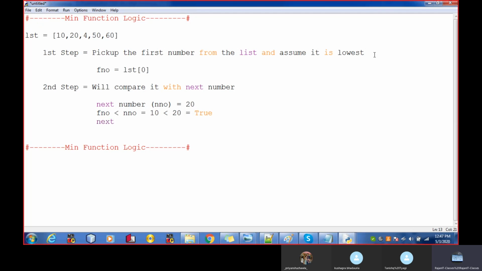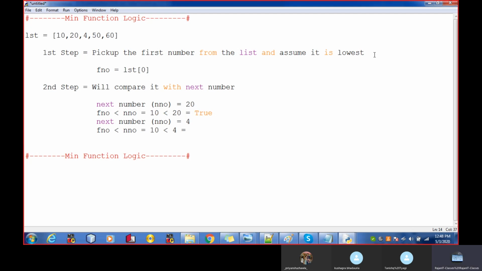Then again I will pick up the next number, which is now 4. Then again I will check, is my first number less than the next number, that is, is 10 less than 4?